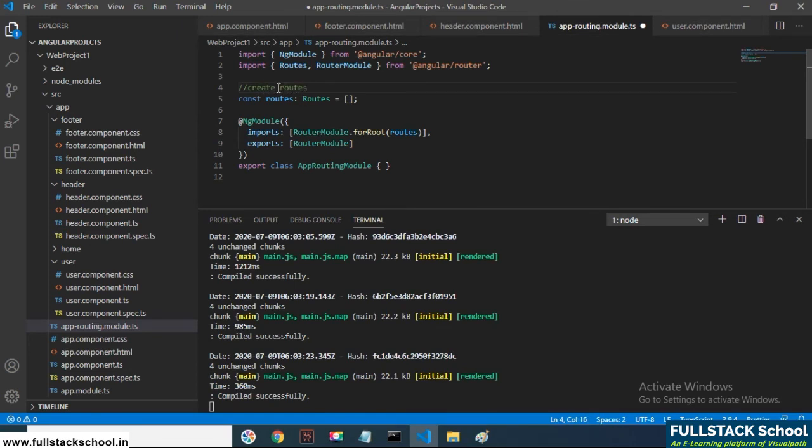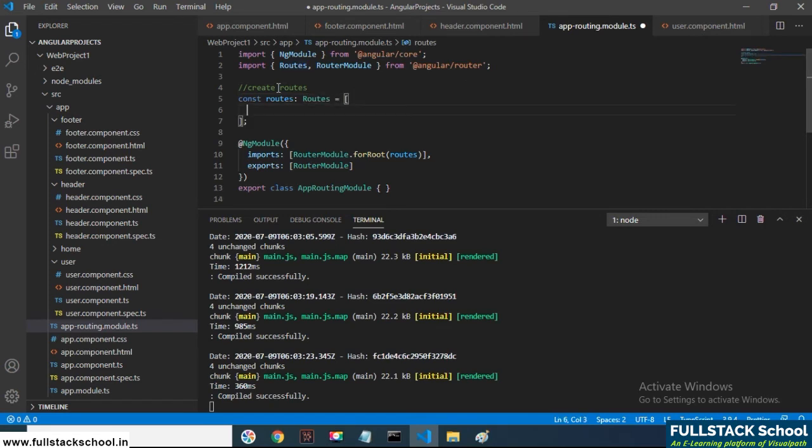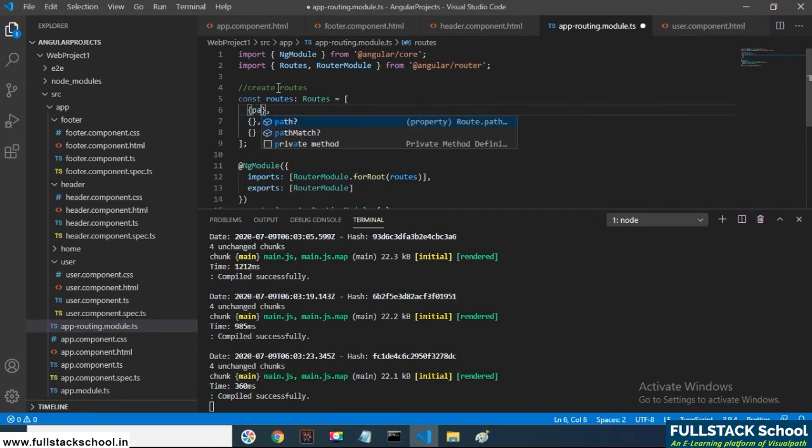Once you want to create the routes, we specify them in such a way. Each route has a name and value pair. First one is path. We specify home. We need not specify the slash, because the slash will be added in the base URL. So that's why we don't add the slash to the path.